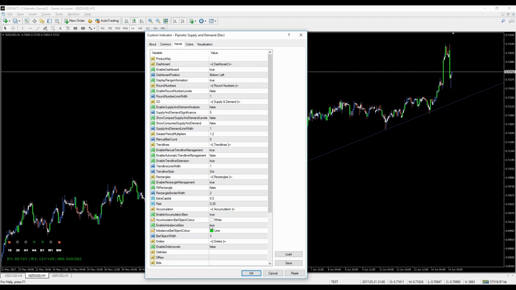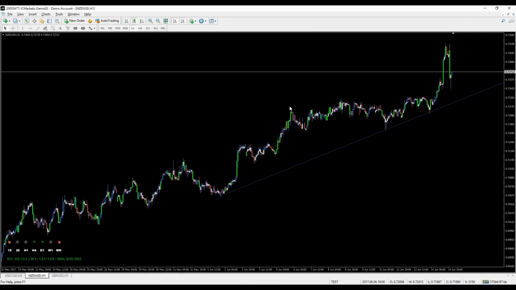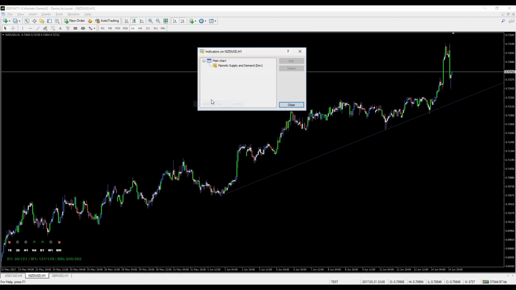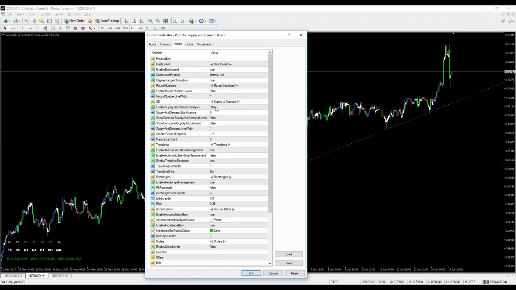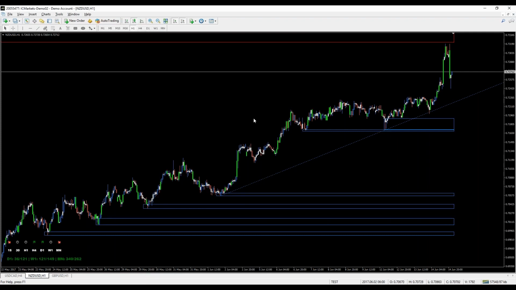Rakesh is asking, Sri, according to how we learned to draw the supply and demand zone, it doesn't seem like the auto supply and demand boxes allow for those rules. Do we need to manually adjust? Good question. The reason the indicator is drawing them like this is because